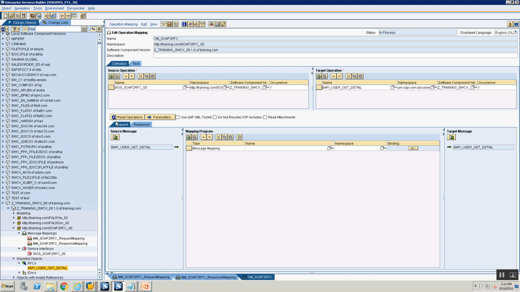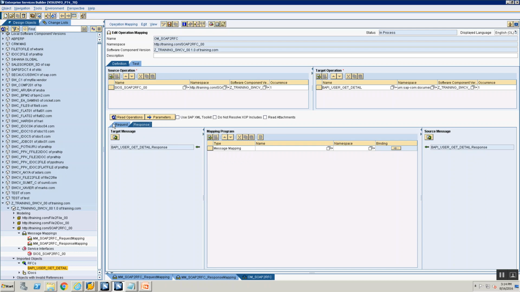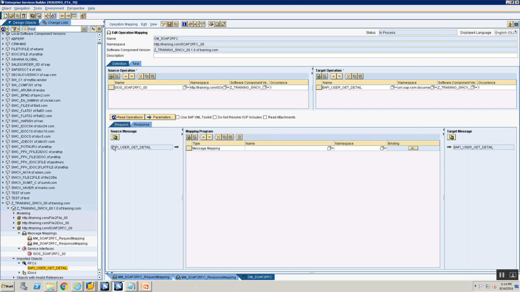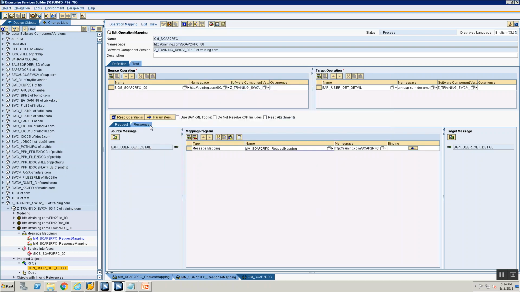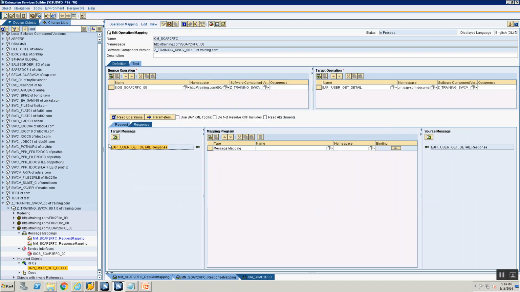Do you see what happened? PI was able to understand that this is a synchronous interface, and because it is a synchronous interface, PI is now saying, hey, what is the request mapping and what is the response mapping? So the request mapping was from BAPI user get detail to BAPI user get detail, which we just defined here, SAP to RFC request mapping. So let's select that. And then in the response mapping, it is from the BAPI user get detail dot response to the BAPI user get detail dot response, right? So let's select that